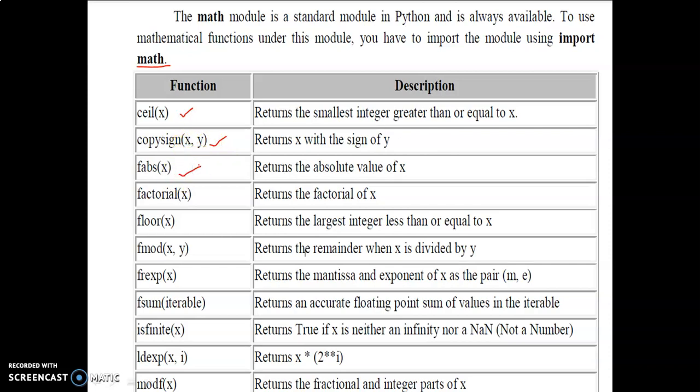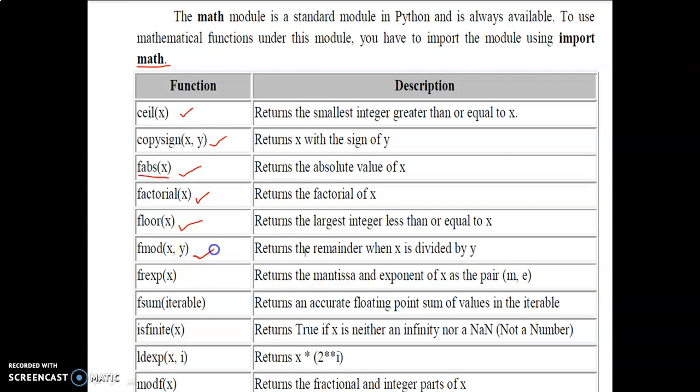Fabs of x gives us the absolute value of x. Without abs, it has the fabs function to return the absolute value. Factorial of x gets the factorial of the given value. Floor of x gets the lowest integer which is nearest to your x value.